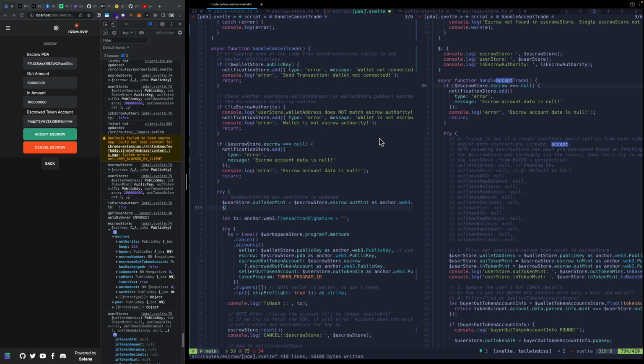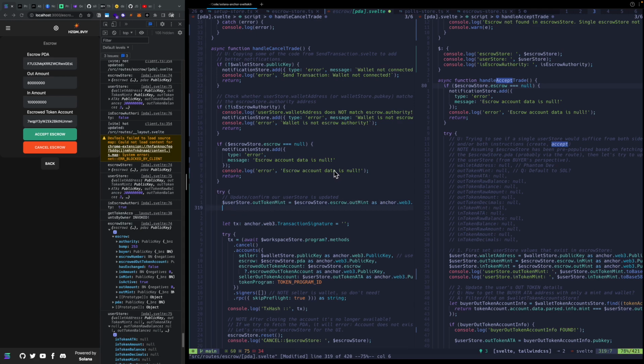I don't think we really need the in token because we're canceling it. So I don't need anything else. I just need, we've verified that the wallet, user store wallet, is correct. I guess I could update and double check that the user store, all of this at this point, is wallet. Yeah. So if that's the mint,